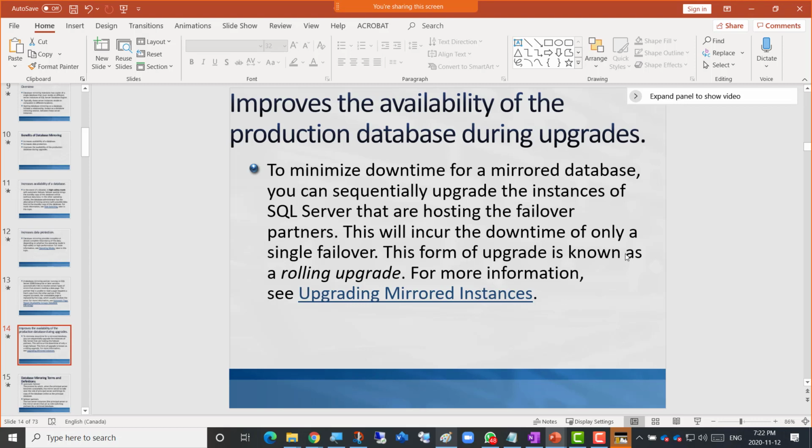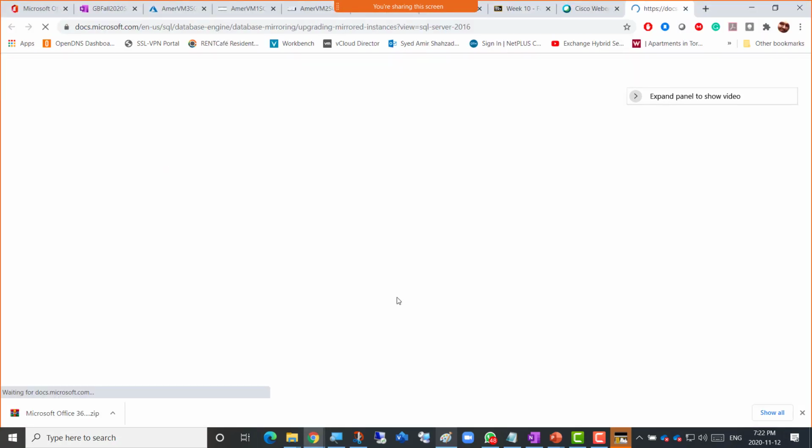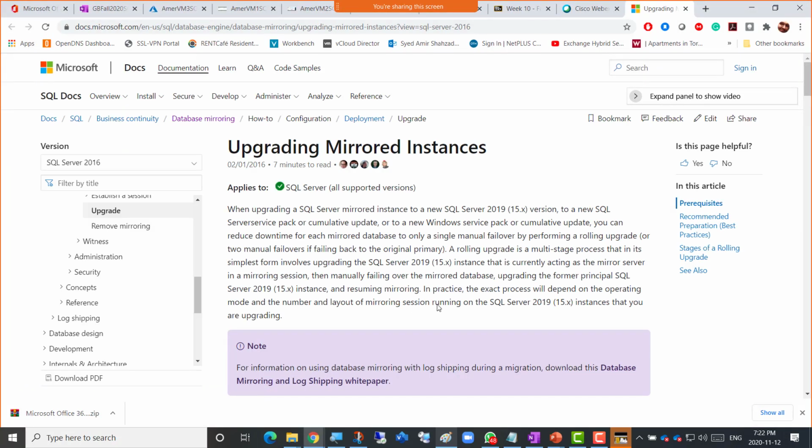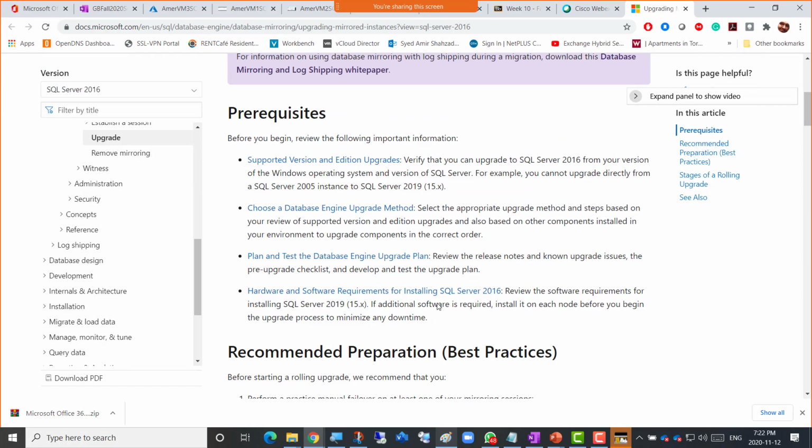This will incur the downtime of only a single failover. This form of upgrade is known as rolling upgrade. For more information, see upgrading mirrored instances. So there are many other options for upgrading mirrored instances as well, and normally